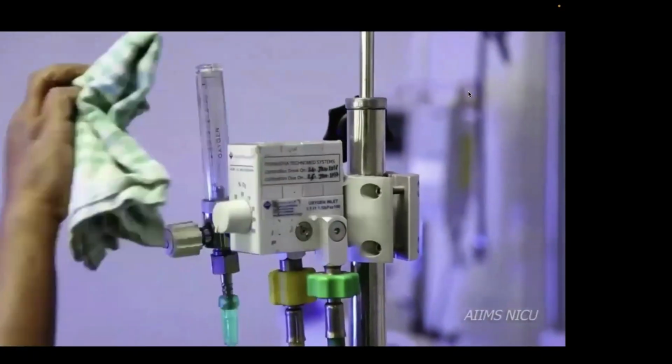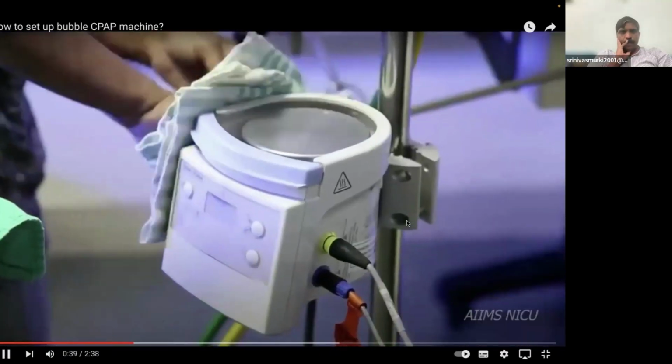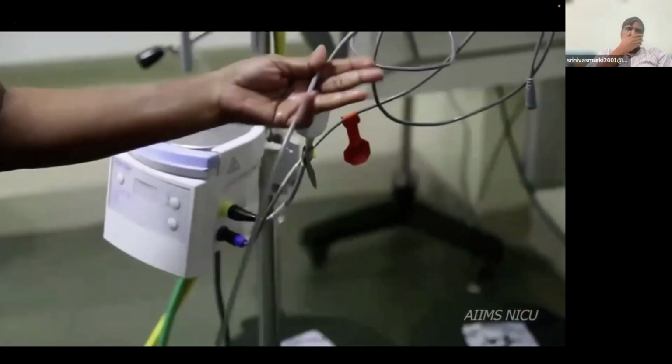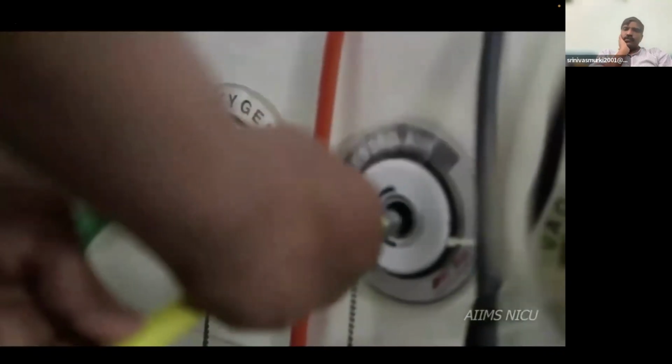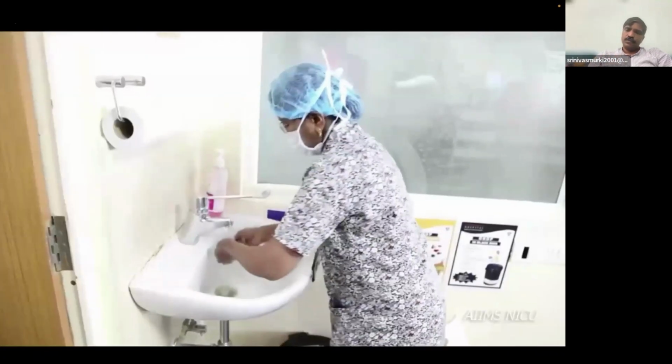Preparation includes assembling the machine, bubble CPAP, a cloth and a disinfectant for cleaning, gloves, and distilled water. Clean the machine with IDEX or any other approved disinfectant. Clean the heater wire and temperature probe with a clean and soft cloth and Sterillium. Connect the machine to compressed source of air and oxygen. After washing hands